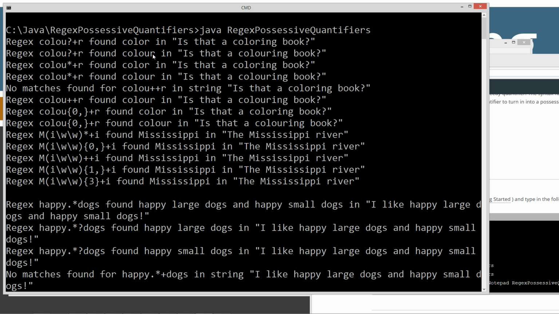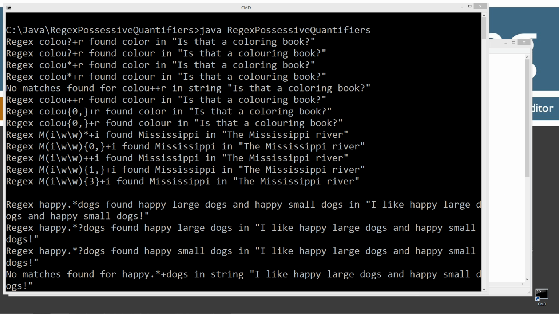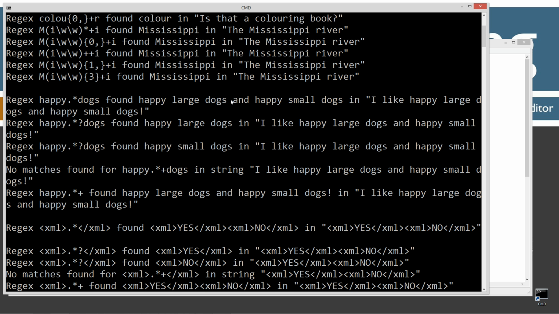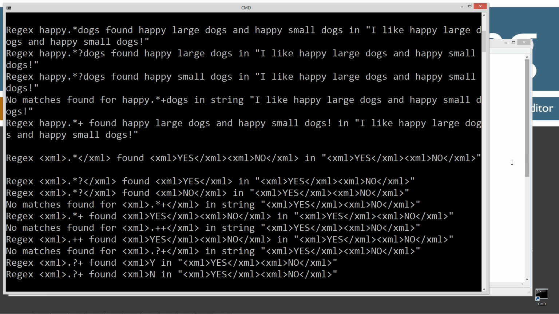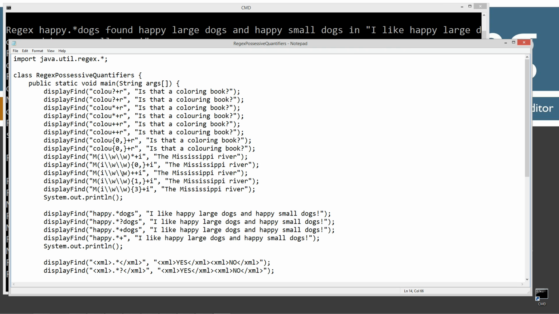It found the same regular expression over here because it's in there once, okay? So all this stuff pretty much works the same as greedy quantifiers and reluctant ones too, as well. All right, so it really starts to become obvious when we create a little bit more detailed